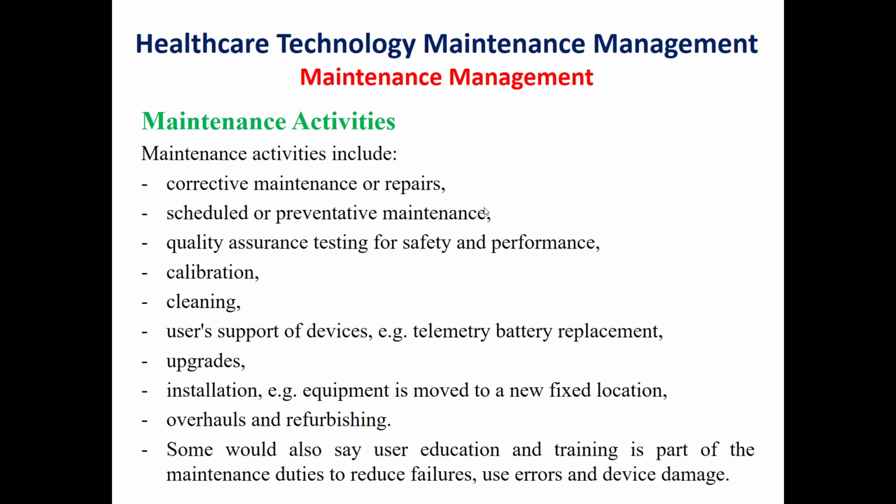The maintenance activities can be separated into two groups, direct activities and indirect activities. The direct activities will include the corrective maintenance or repairs, scheduled or preventive maintenance, quality assurance testing for safety and performance, calibration, and cleaning. The indirect activities will include the user support of devices such as telemetry battery replacement, upgrades,